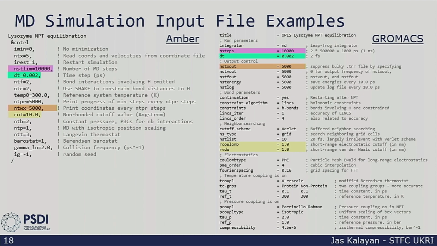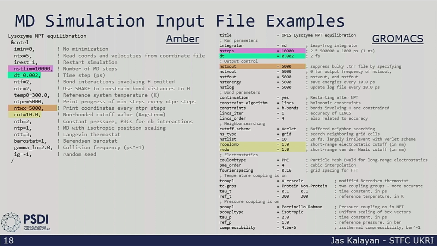Now, the difficulty is, all our simulation tools will use different inputs and have different output files. This is just an example of what input files look like for AMBER and GROMACS. The highlighted terms are describing exactly the same thing, but they have different nomenclatures and different units, and we really need a way to standardize this. So we need to develop a sort of translation software and come to an agreement on how we describe this metadata